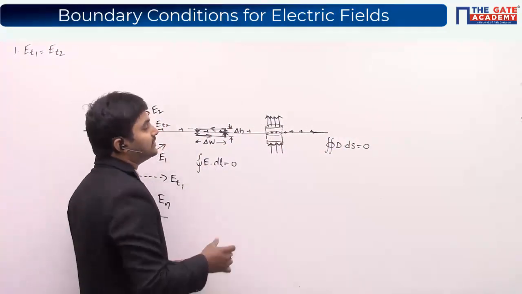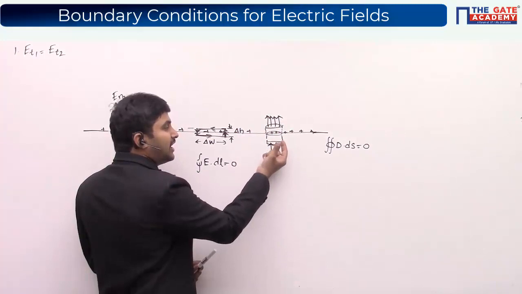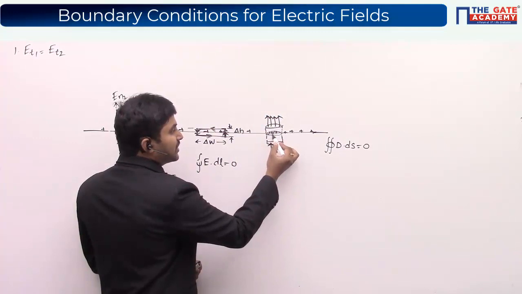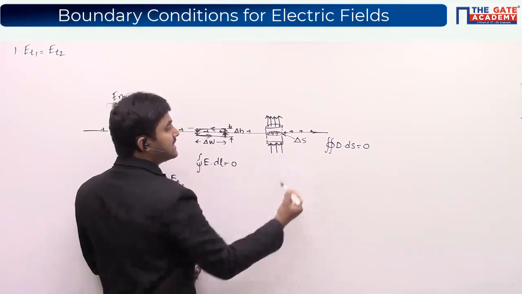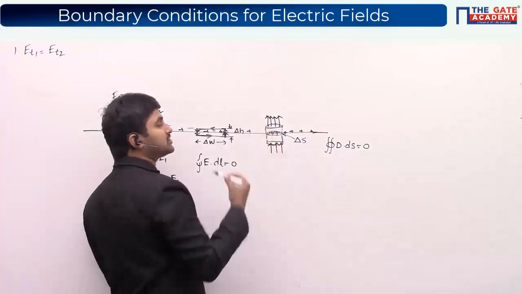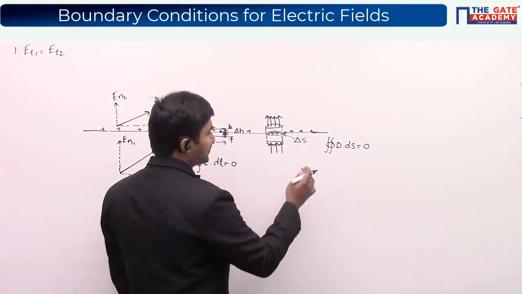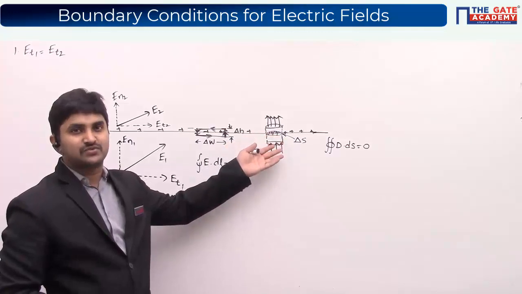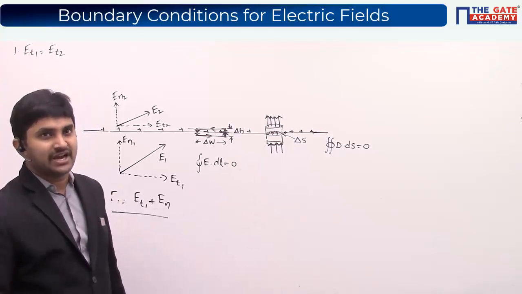So now this is a cylindrical surface having some incoming flux and some outgoing flux, and the smaller surface that I'm considering here is a differential surface. Let me call this surface del S. Now if I apply the concept of Gauss law, the net number of flux lines coming out of this closed surface should be equal to the charge enclosed.